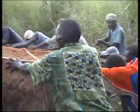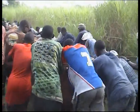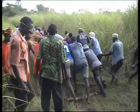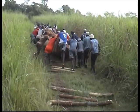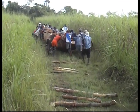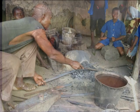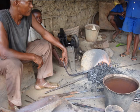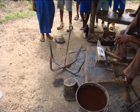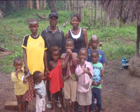Unfortunately, the next reel of film was either lost or damaged, so no record of the canoe reaching the river exists as far as I know. However, I did take a few stills, and here's a local blacksmith making the anchor for the canoe. This is Abdu, who was to travel on the canoe with his family and friends before